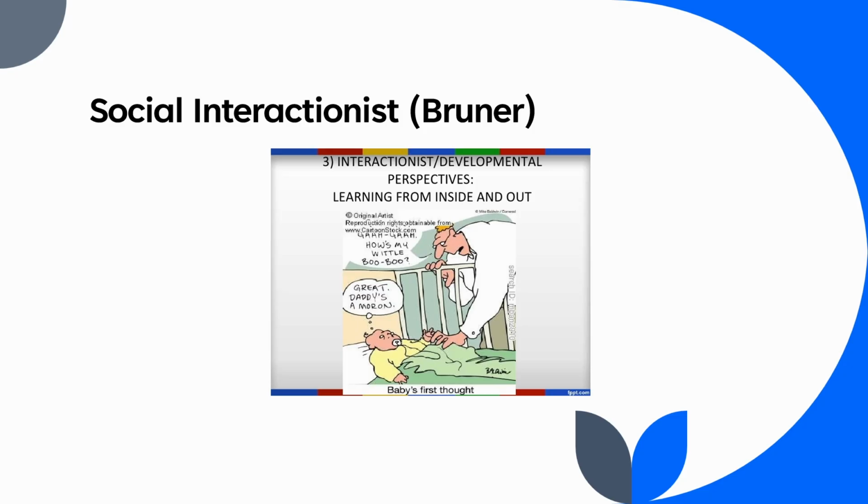Caregivers naturally adjust their speech when talking to young children, creating predictable routines and highlighting important features of language. These interactions provide scaffolding, helping children learn that language is meaningful and effective. Through repeated social exchanges, children begin to pick up patterns of sounds, words, and sentence structure. Usage-based theorists argue that language forms emerge from interaction itself, rather than from imitation or instruction.